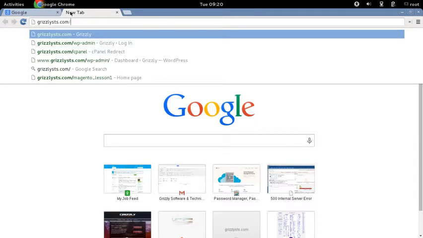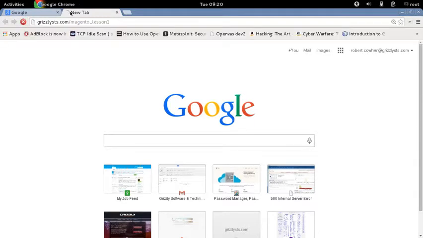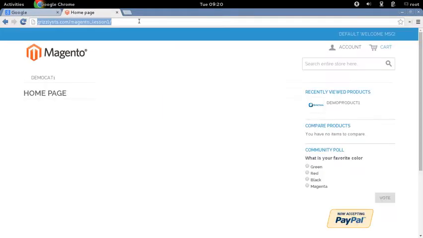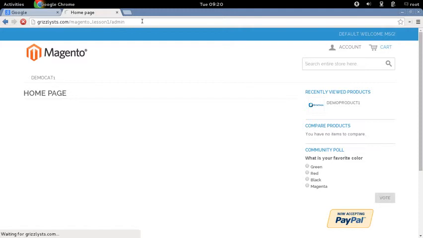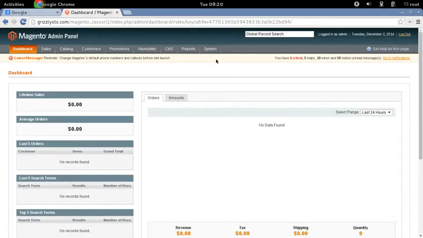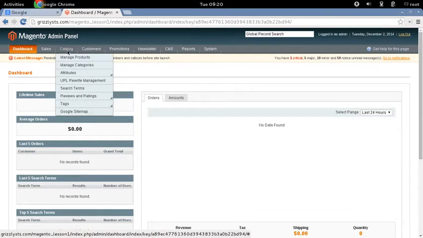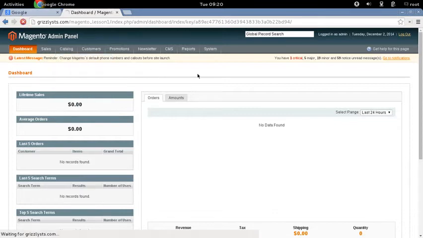So the first step is going to be going to Magento Lesson 1, which is our Magento install, and then visit /admin to get to the administrator. Now you may be prompted with a password, but I was already logged in. So the first step is going to be to go to Catalog, Manage Categories,